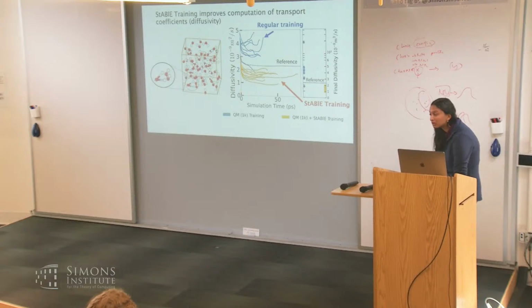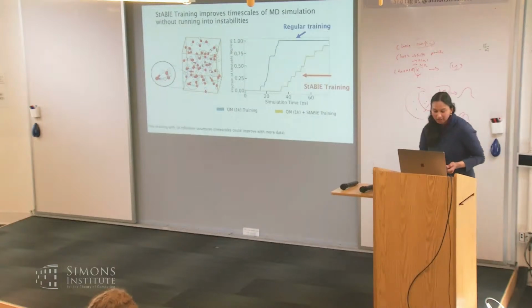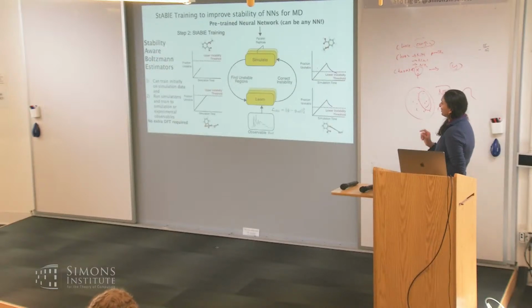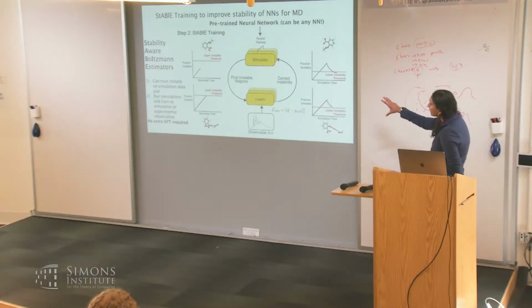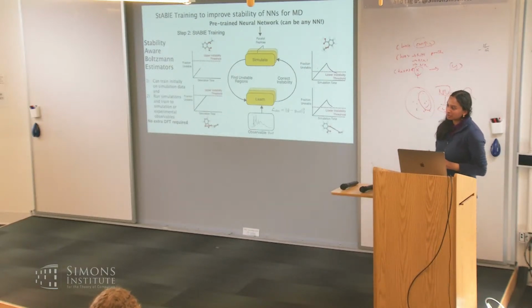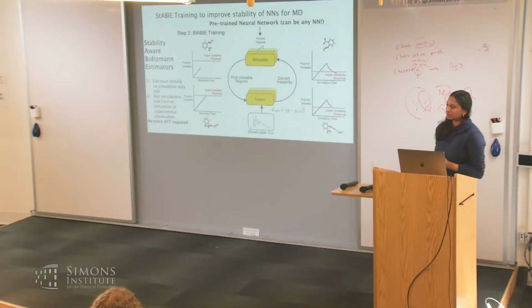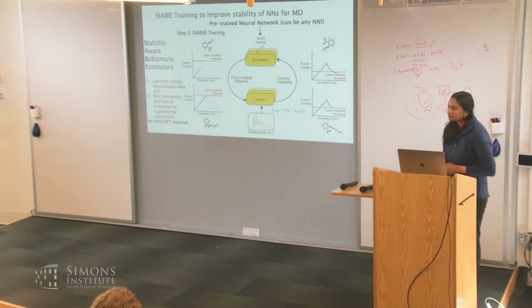If you, how are you then fixing it so that it doesn't? Yeah, I see. Actually, I think I may see where this is coming up. So finding the unstable region is like some heuristic that we use. We're not training to that heuristic per se. We're using that heuristic to find where all of the simulations become unstable. Then we actually go and do this training procedure with some observable about the system. So the heuristic about stability is only used to find where all the failure modes are.